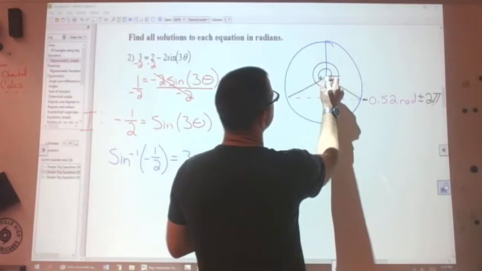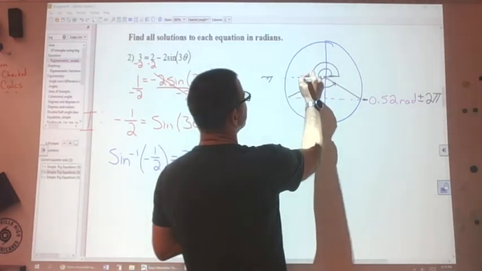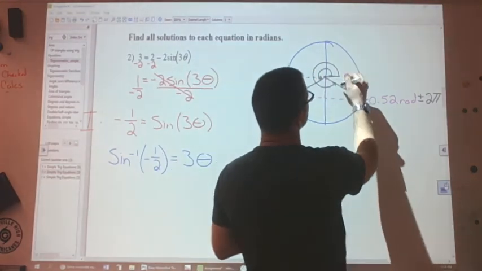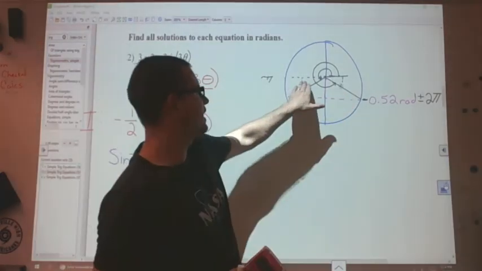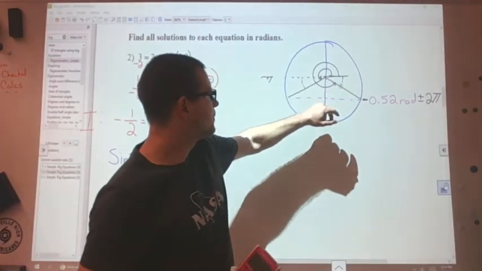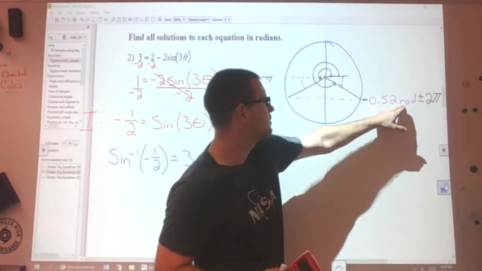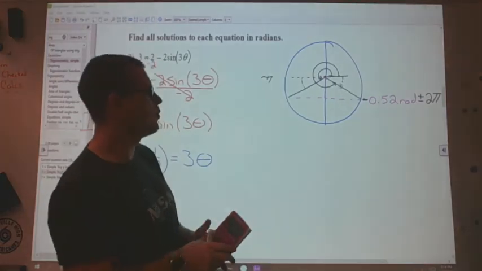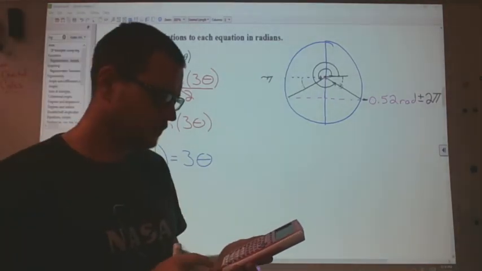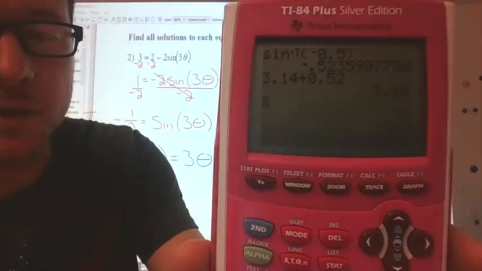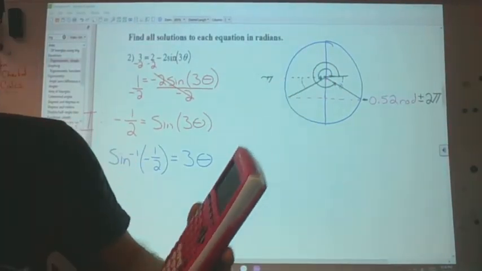Because again, I know that this is pi, and I know that this angle and this angle are equal. So if this angle is 0.52 radians, so is this one. So I'm going to do 3.14 plus 0.52. You notice that's all I did there. That's 3.66, by the way,